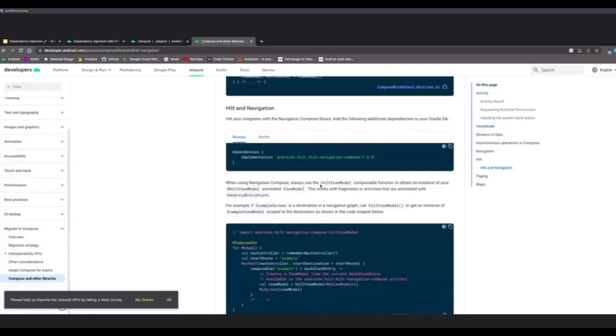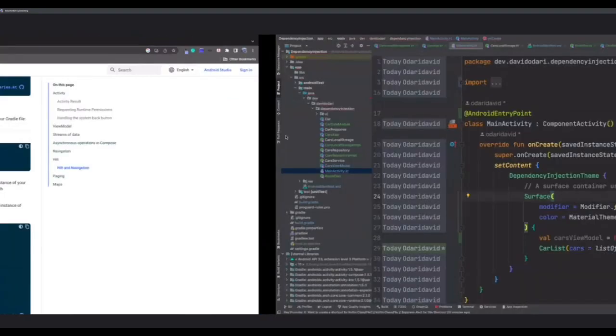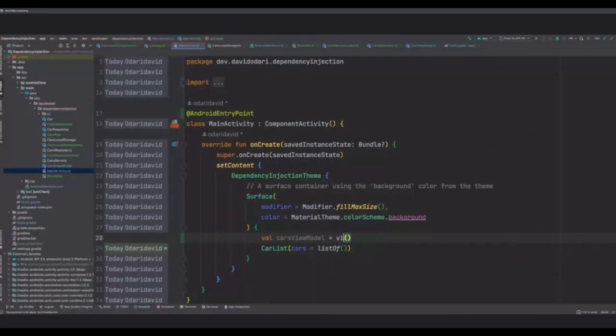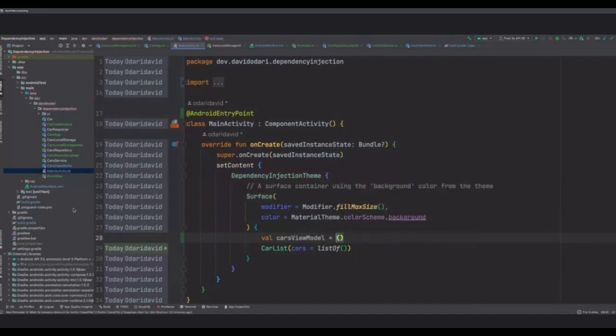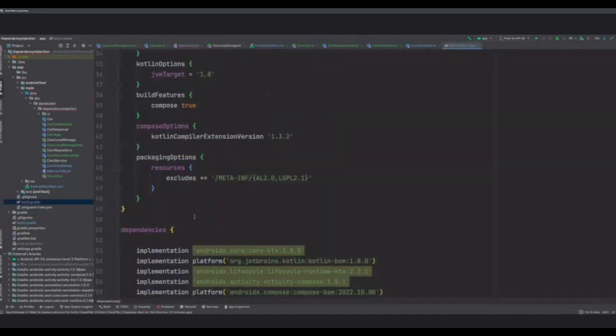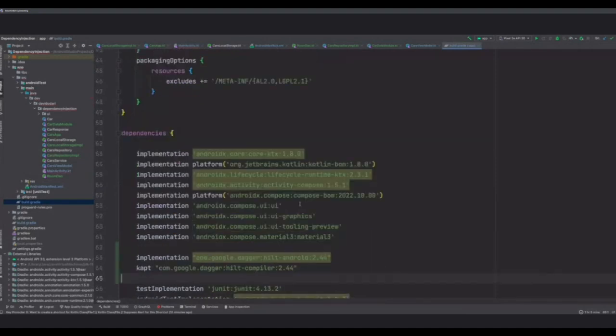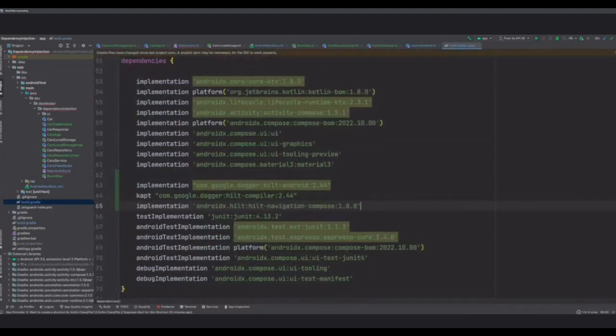Yeah, okay, so I mean, you don't really have to use this, because I do know there's also a nice view model one that you can also use, but just to keep it in the spirit of Hilt, I'll just use Hilt.